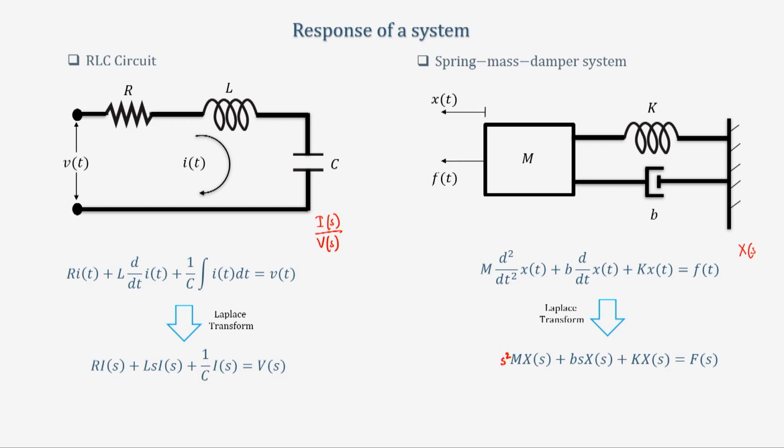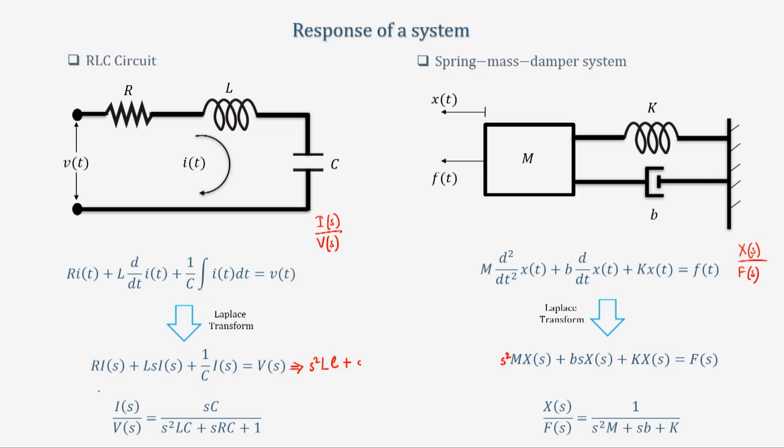For the spring mass damper, Xs by Fs, this is what we are trying to find out. If you find out Is by Vs, this is the transfer function that you get. For Xs by Fs, this is the transfer function you get. So these are the transfer functions of the system. Look at the transfer function of the system. Important, look at something. If I take this equation and I just rewrite this equation, this will come out to be S square Lc plus,